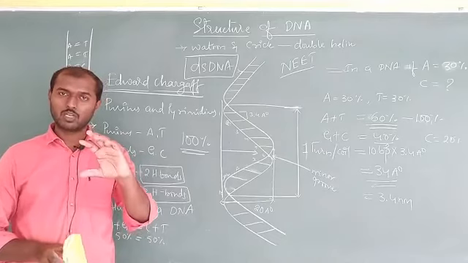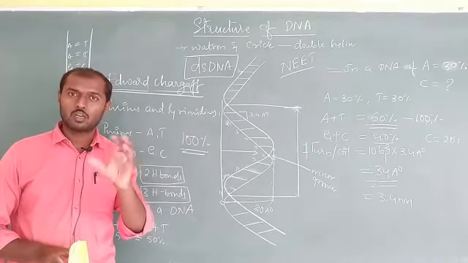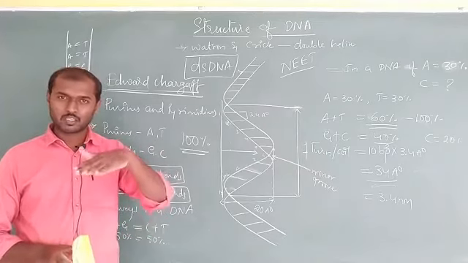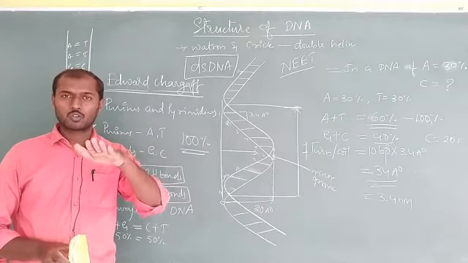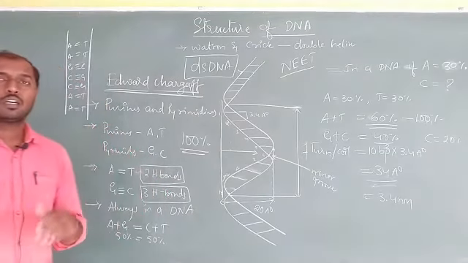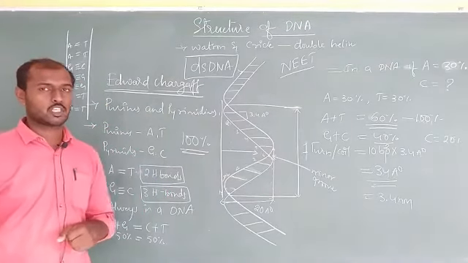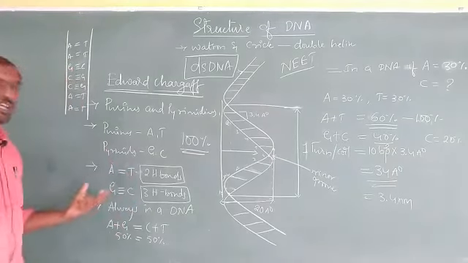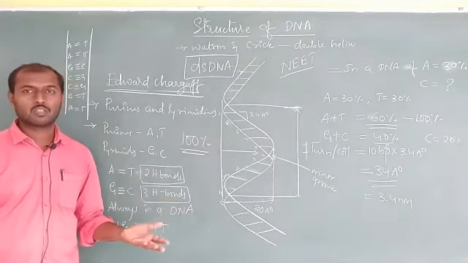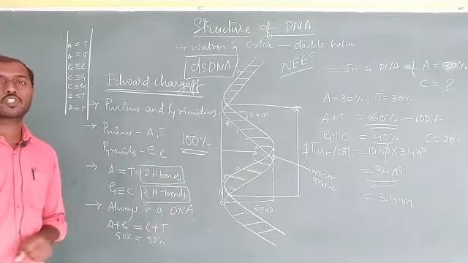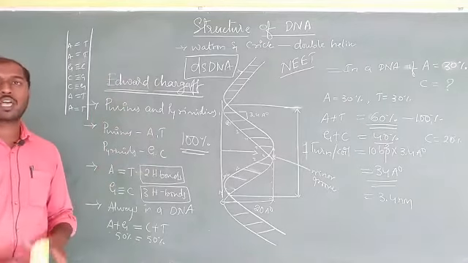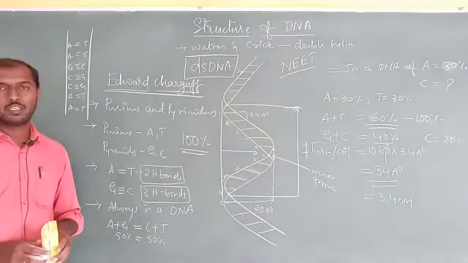Because of the angle change, the availability change or plane attachment of the molecule to the sugar is going to change. That's why there is a standard distance between the two molecules. Because of the hydrogen bond, the distance is similar here. If there were other bonds it might change, but here because of the hydrogen bond it does not change. So there is always a constant diameter maintained throughout the DNA molecule.